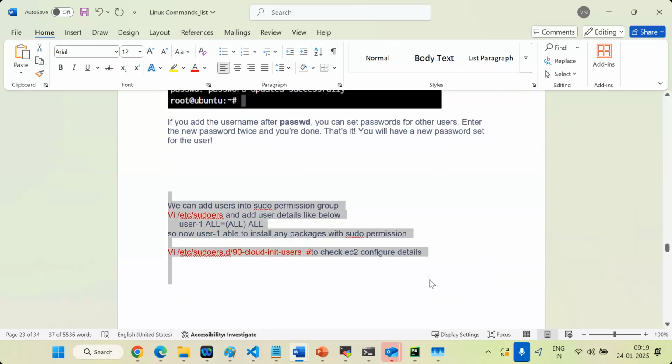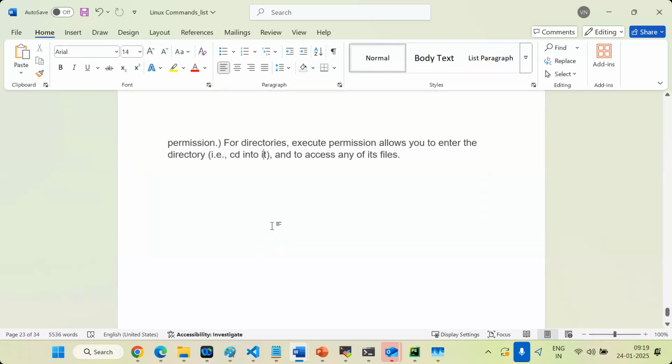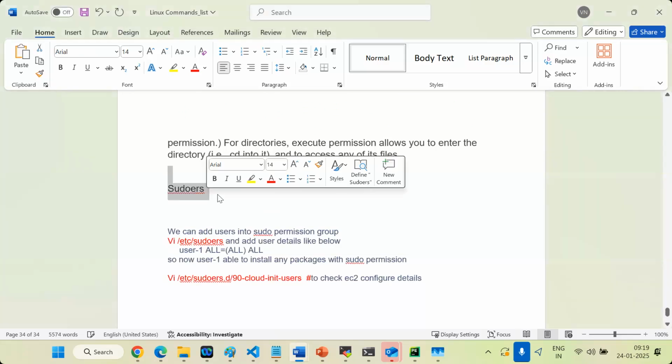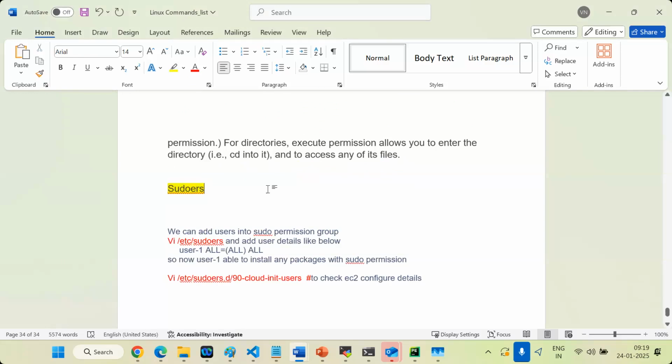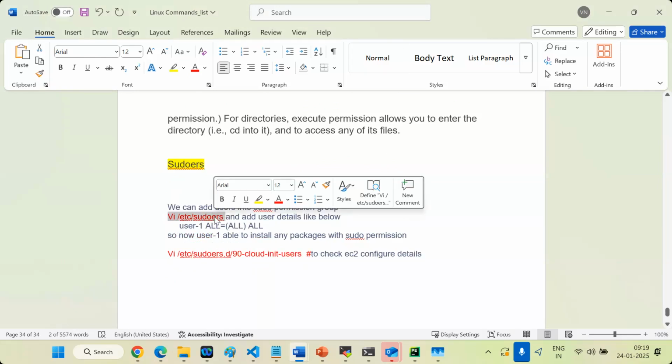Let me add one more copy last also, if you required. Okay, so now where I should go? vi /etc/sudoers.